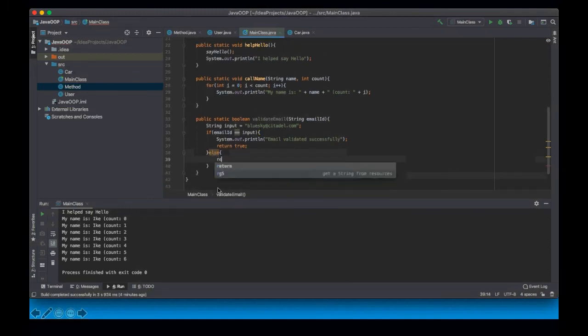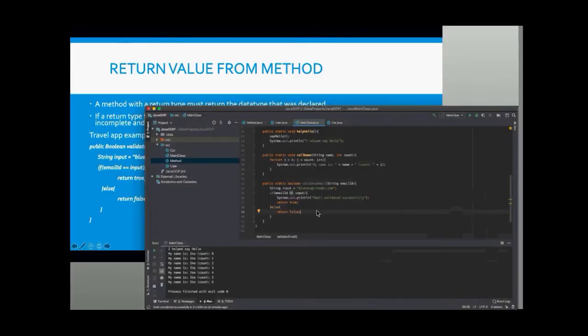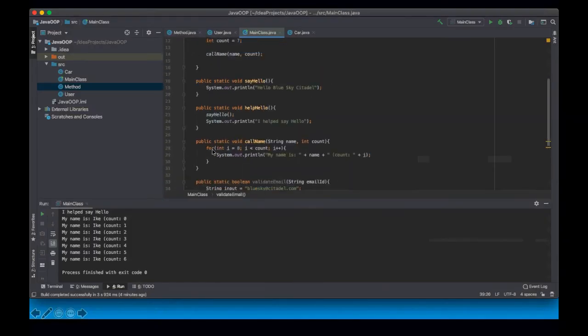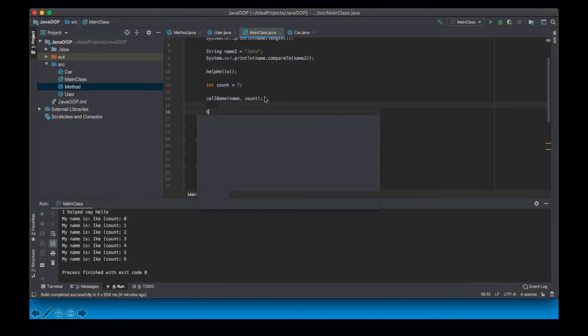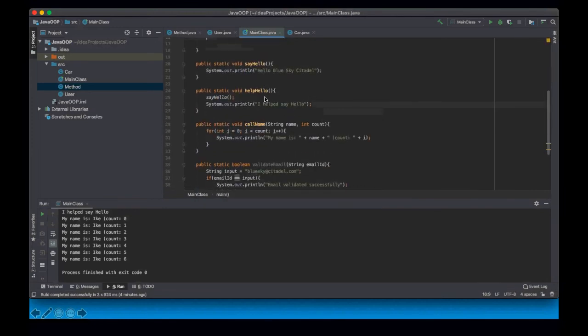Else, return false. So I am going to call it here. First of all, I need to call my method validate email,